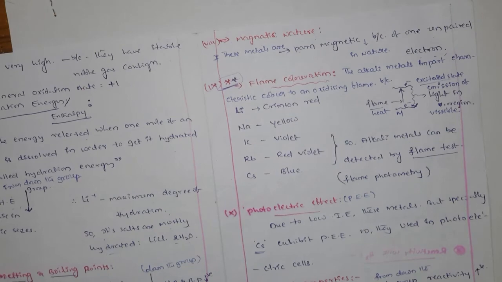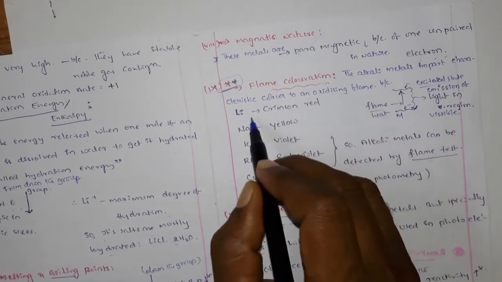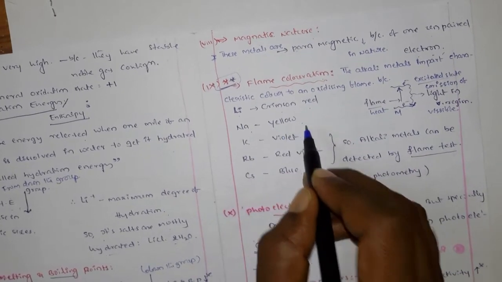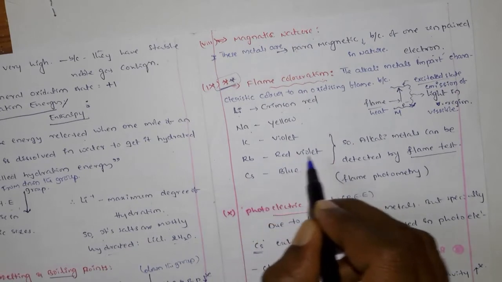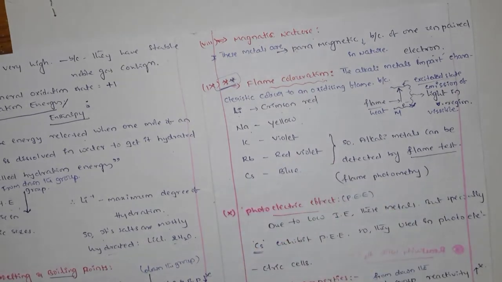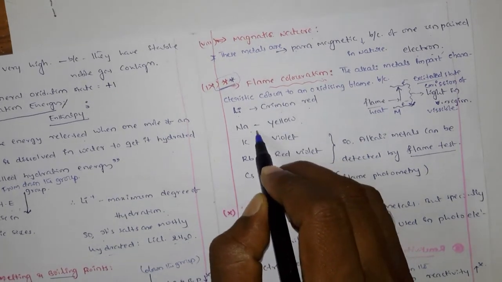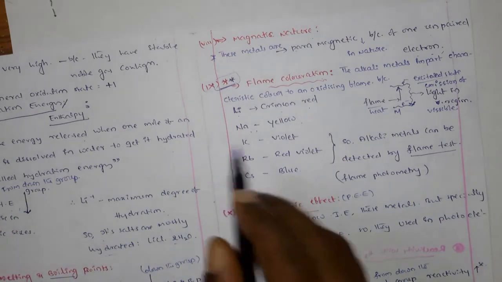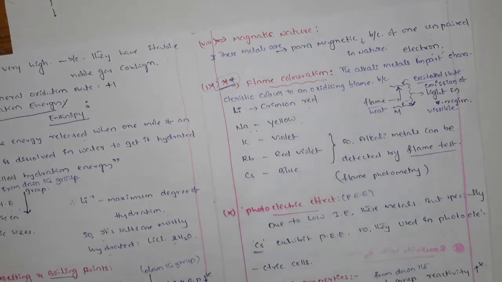flame. Okay, ఏంటి కలర్స్ అని అంటే those are, lithium generally shows the crimson red color, sodium shows the yellow color, potassium shows the violet color, rubidium shows the red violet, and cesium shows the blue color. So that imparts the color to the flame. Okay, that means మీరు సోడియం ని గనుక మీరు ఫ్లేమ్ లో బర్న్ చేశారు అనుకోండి, మీరు సోడియం ప్లేస్ చేయంగానే ఏమవుతుంది, ఆ ఫ్లేమ్ అనేది ఎల్లోగా బర్న్ అవుతుంది అన్నమాట. ఓకే, అదే మీరు పొటాషియం కనుక పెట్టారనుకోండి, the flame burns in the violet color.